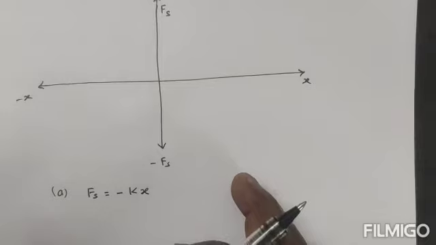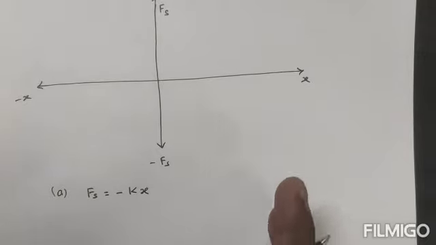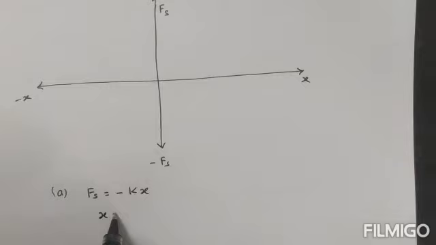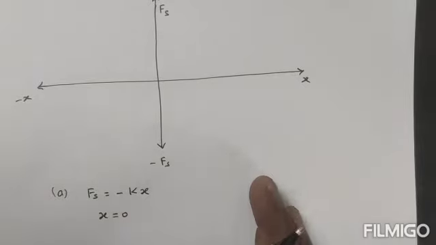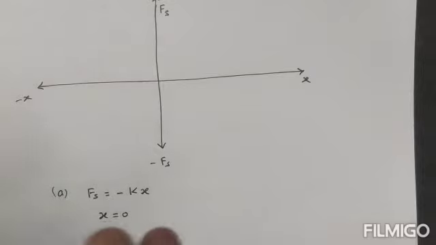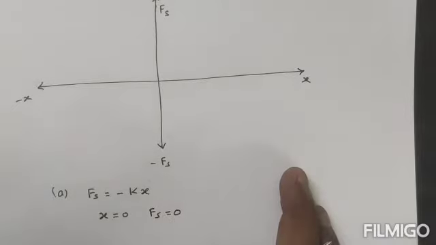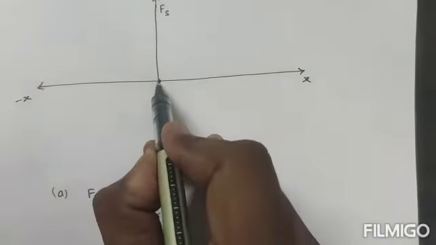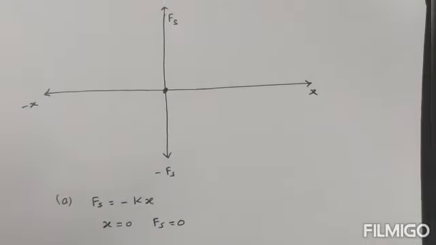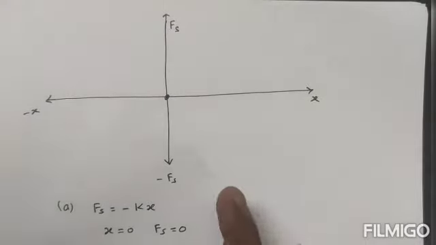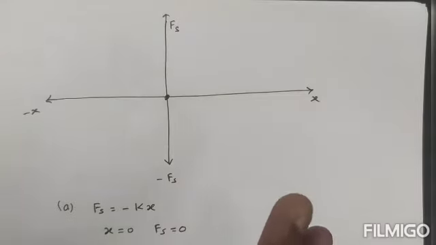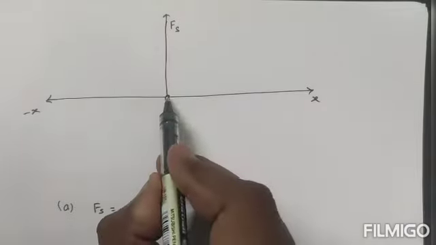So at the equilibrium position, that is the very first diagram, the displacement x is 0. If displacement is 0, in that state the spring is neither stretched nor compressed. So the fs value is also 0. That means it is at the center. Here the f value is also 0 and the x value is also 0 according to the first diagram. Clear? Yes. So this is for the first, A diagram.